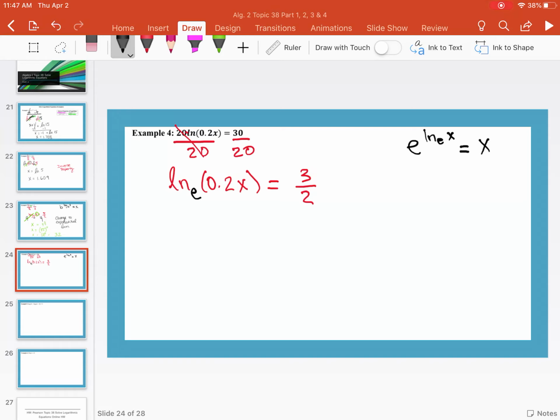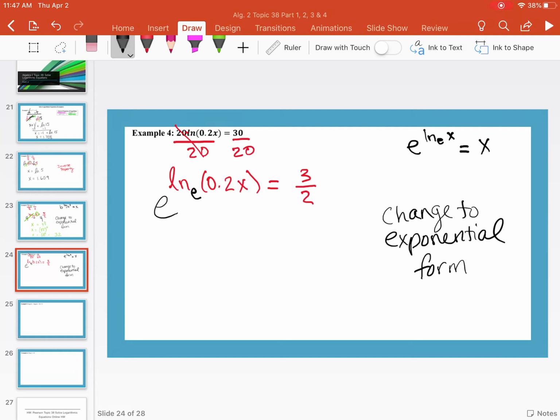So I'm going to change to exponential form by using my new base of e. So I will get e to the ln base e of 0.2x equals e to the 3/2. On the left-hand side, this will cancel, and I'm just left with 0.2x equals e to the 3/2, or 1.5,